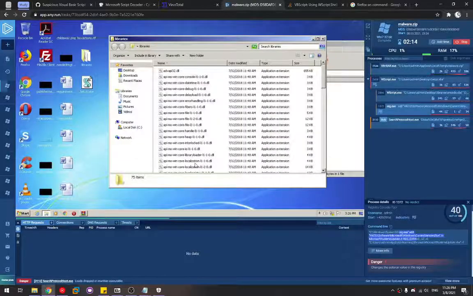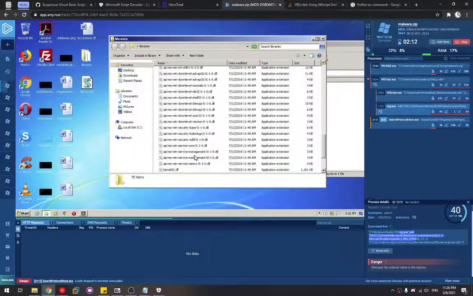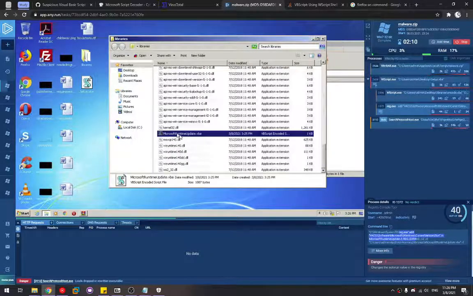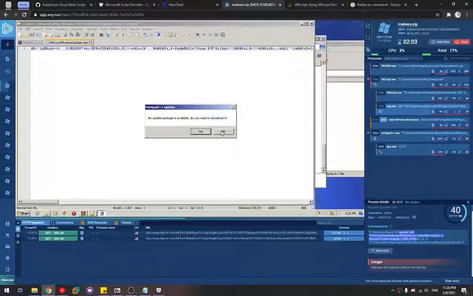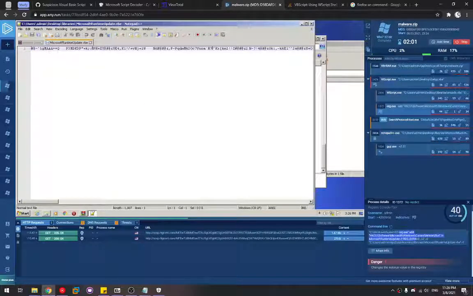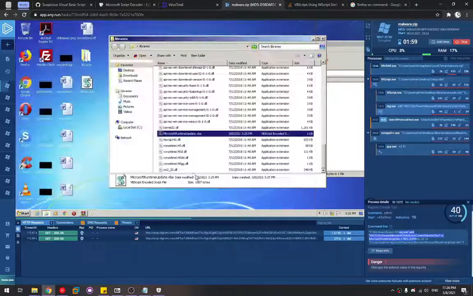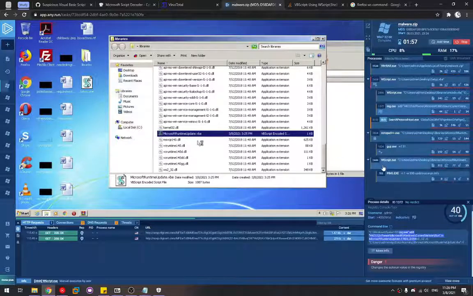Go back to here again. See, does this one is left or not? And we can find that there's a VBE script left over here. Right click, check edit notepad, and it seems like everything has been obfuscated. Okay, try to execute it. And as you can see, when we